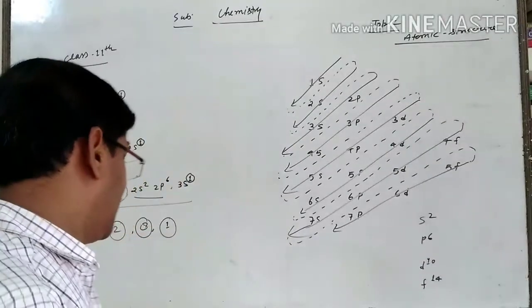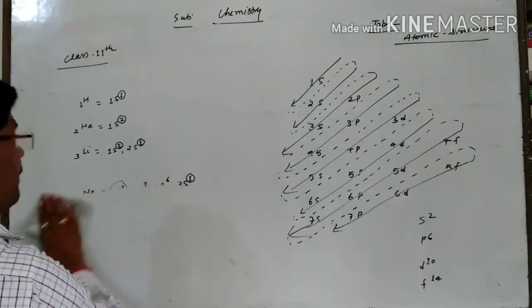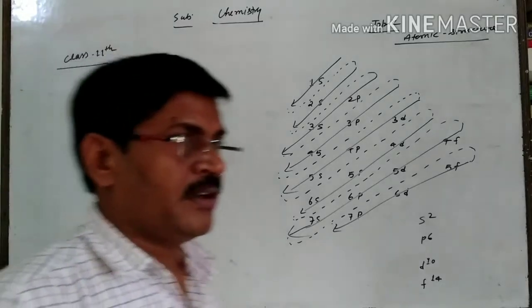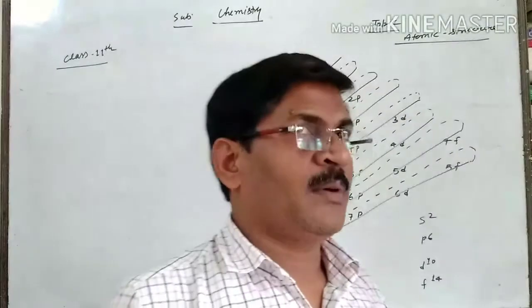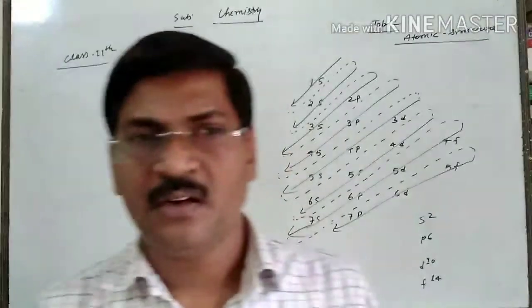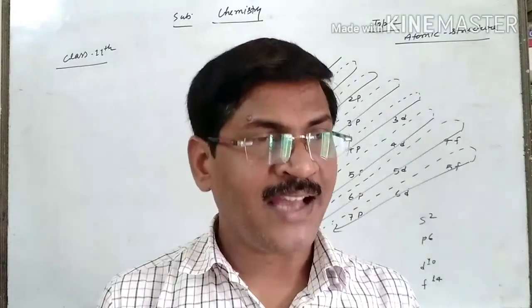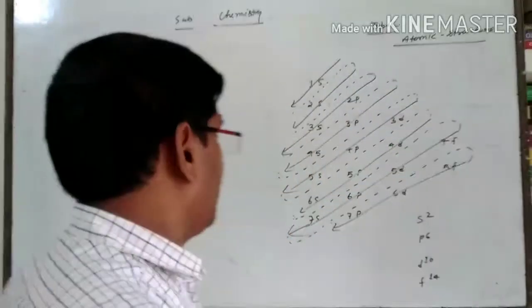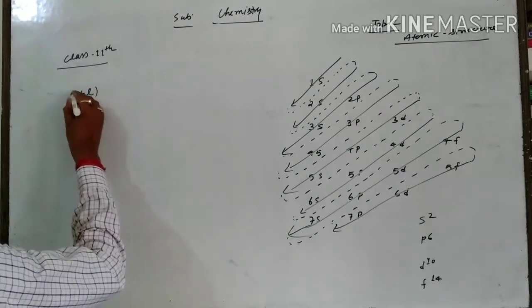But I will also tell you some exceptional examples. You have to do the configuration either by following the N plus L rule, or you have to remember one point: atoms with a stable configuration, meaning complete or fulfilled subcells, are more stable than those having incomplete subcells. To explain other things, I have to use the next rule, the N plus L rule.